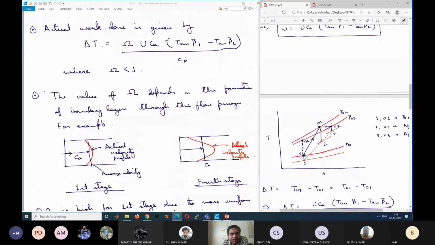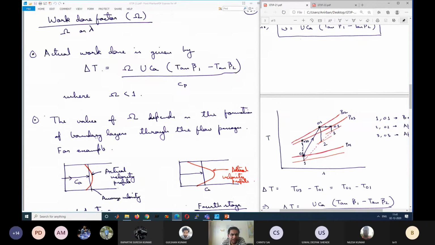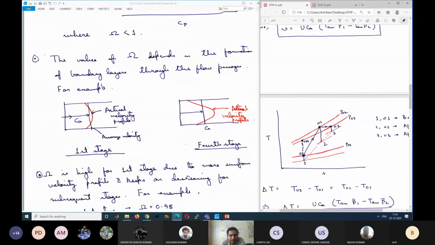So remember, we have done all the calculations till now for the mean blade diameter. We have done the calculation with mean blade diameter where we have assumed that the velocity is Ca. But in actual cases, the actual velocity is changing. So without going into details, I will just state what is the effect of this. So because of this, what happens is that